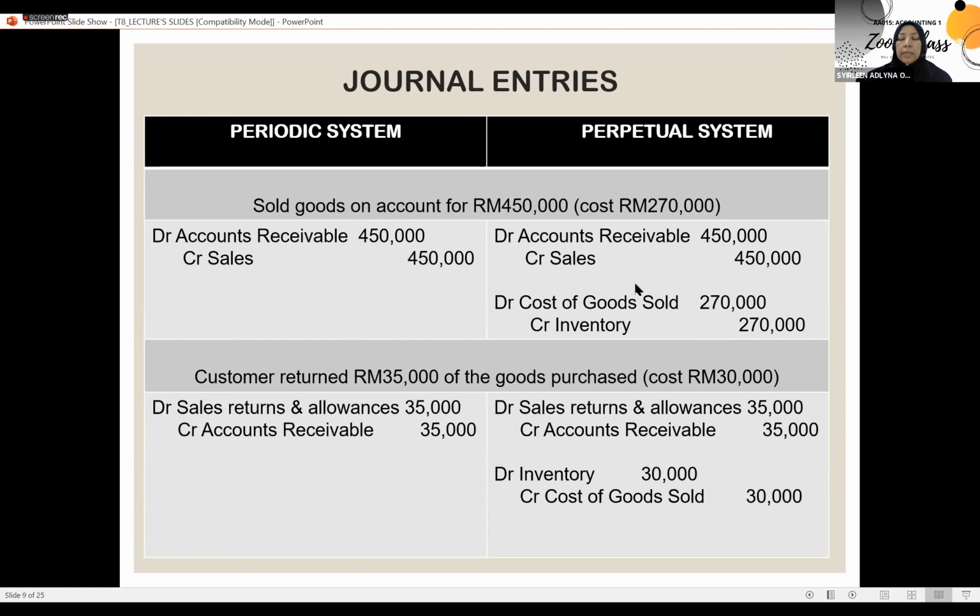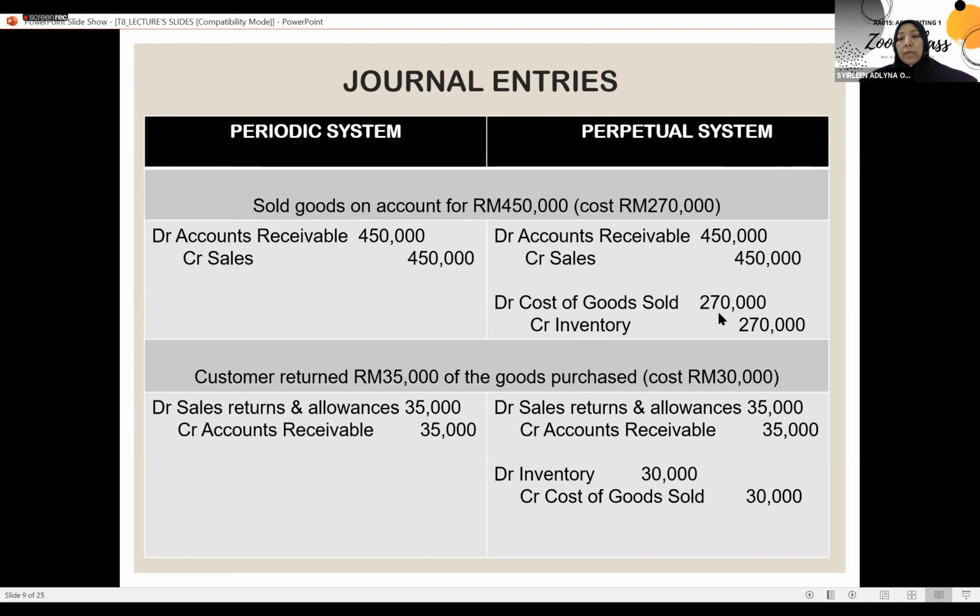Maksudnya dekat sini kita ada two pairs of journals to record, using perpetual system when it comes to sales. So cara catat dia beza sikit lah. Sebab kalau kita guna periodic, you only have one set of journal, that is to record your sales using the sales amount. Tapi kalau kita guna perpetual system, we are going to have two sets of journal. Satu kita akan record pada harga jual, dan satu lagi kita akan record pada harga cost. So you see here, you have your sales 450,000, and you have your cost of goods sold with the amount of